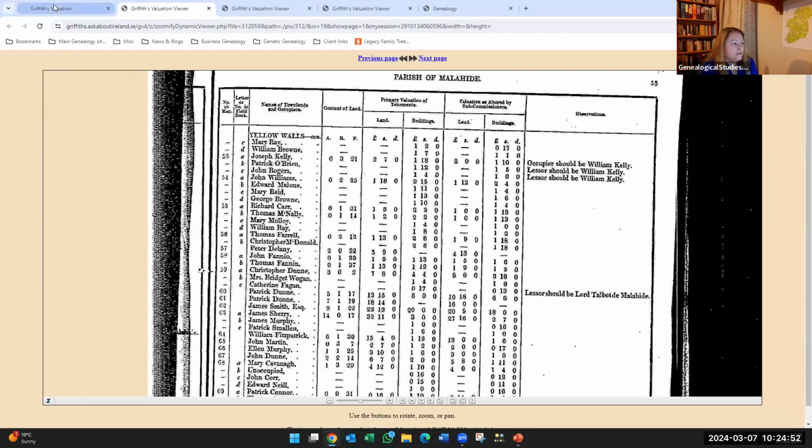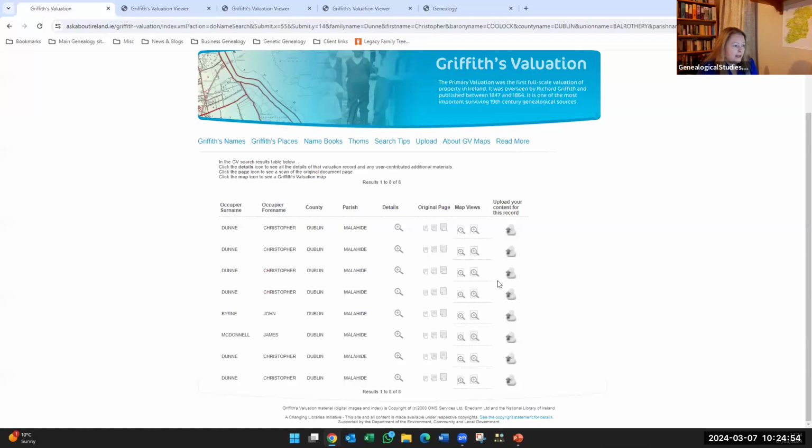So the other thing that we can do on this website, and this is where it gets a little buggy, is that we can look at a map, but the map does not always load. And this is because it's an old website. The second thing about these maps is that when they came to digitize this content, they found that the maps, because they were working maps and people wrote on them and they folded them and they put them into a bag on the side of a horse and things, weren't in great condition. So in some cases, they weren't able to use the original maps.